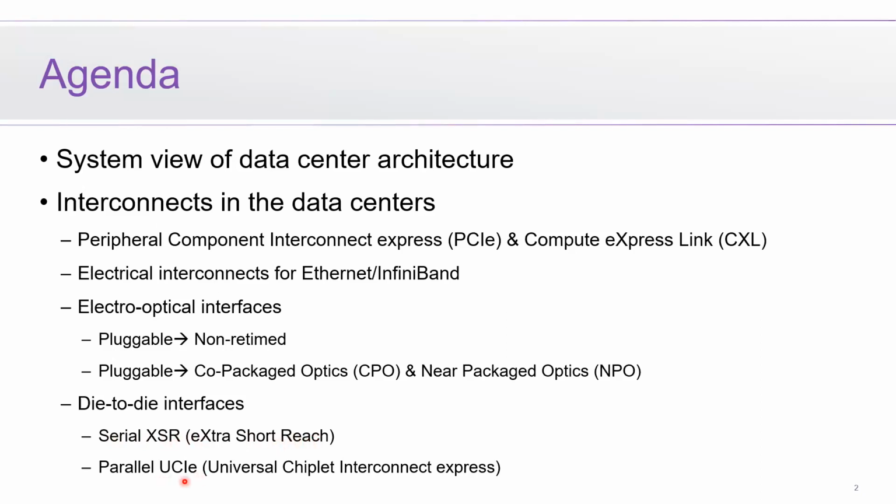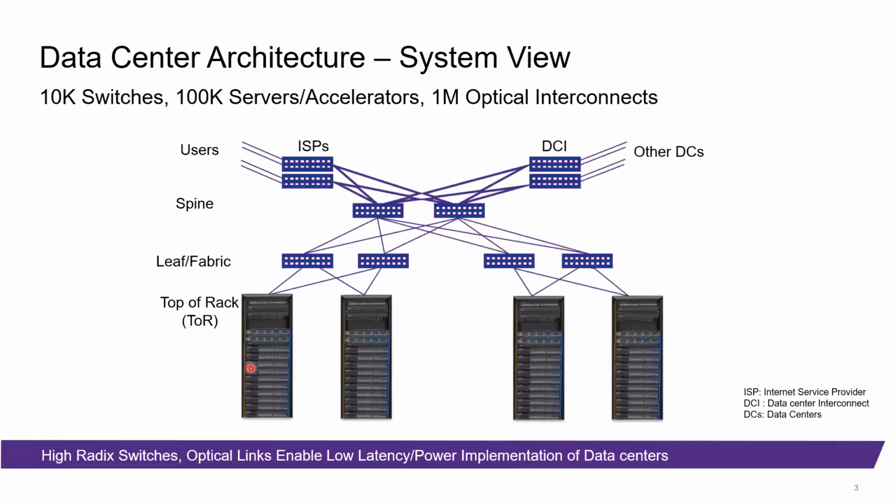And the second is the UCIe interface, Universal Chiplet Interconnect Express. It's a parallel die-to-die interface. And currently there are talks of 16 Gbps to 24 and 32 Gbps per pin throughput for this UCIe technology. So we'll talk about those. So that was a very brief introduction, and let's get into the first section of this tutorial, which talks about the